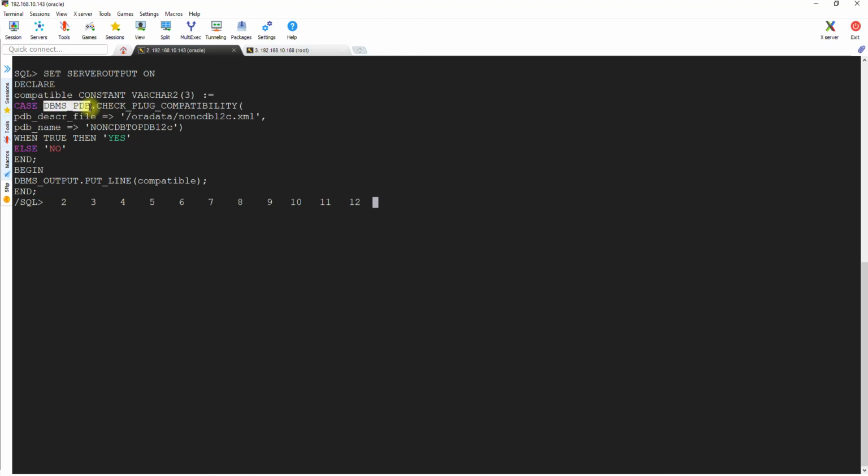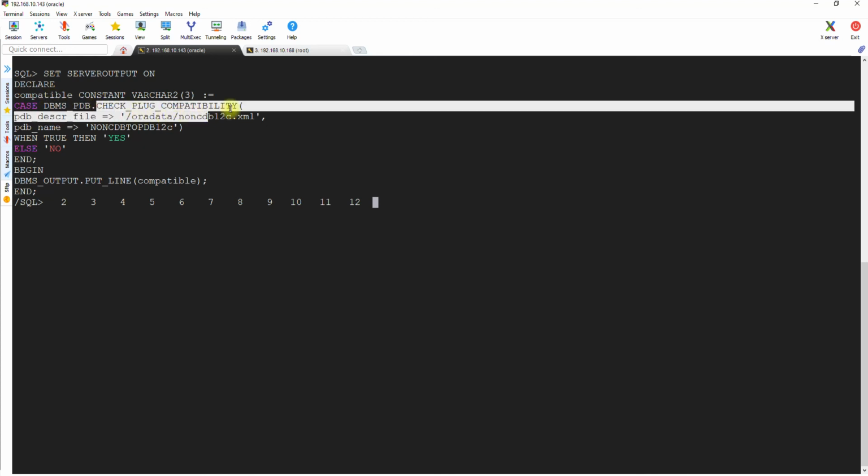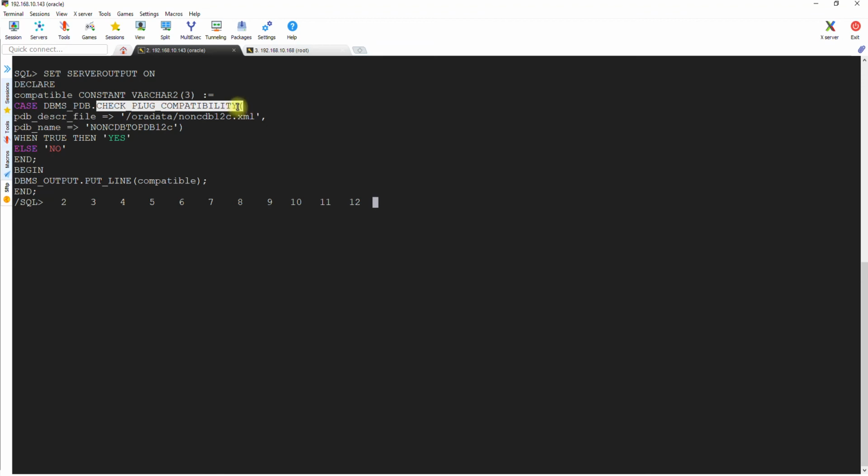There is the dbms_pdb package, and again there is a sub package, see, check_plug_compatibility, and it's going to validate using this XML file whatever we generated earlier, and the PDB name will be this one, non-CDB to PDB12C. Okay, that's what we are actually changing, and then done, enter.